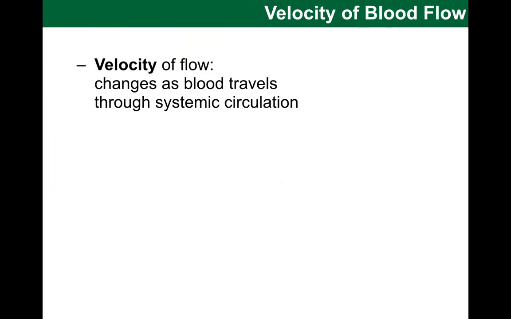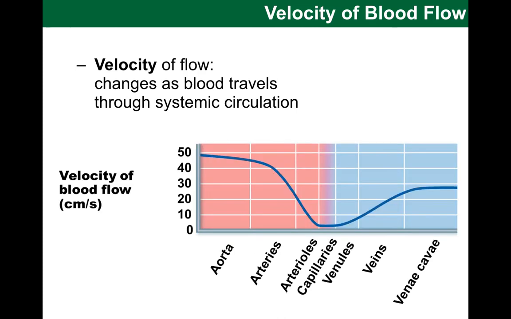Now, I want to talk quickly about the speed of blood flow at different parts. Let's have a look at that a little bit. And what we end up noticing is that the speed of flow changes at different parts of the systemic circuit. And I have a really nice diagram to illustrate this right here. So what we see is that the speed is fastest at the aorta and slowest at the capillaries. Interestingly, the speed slightly increases again in veins. Why would this happen, you may ask?